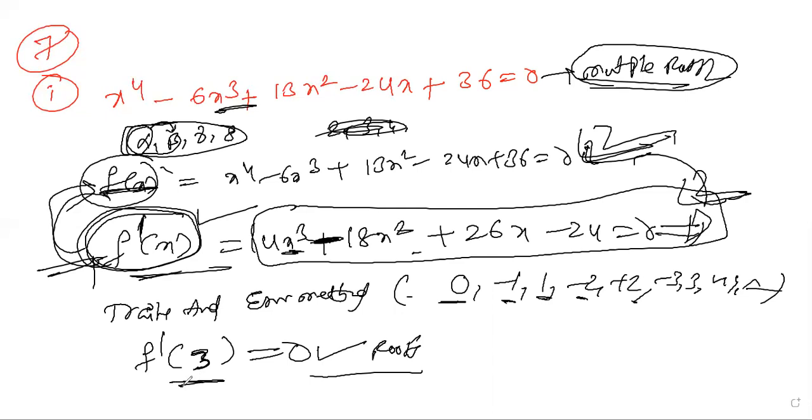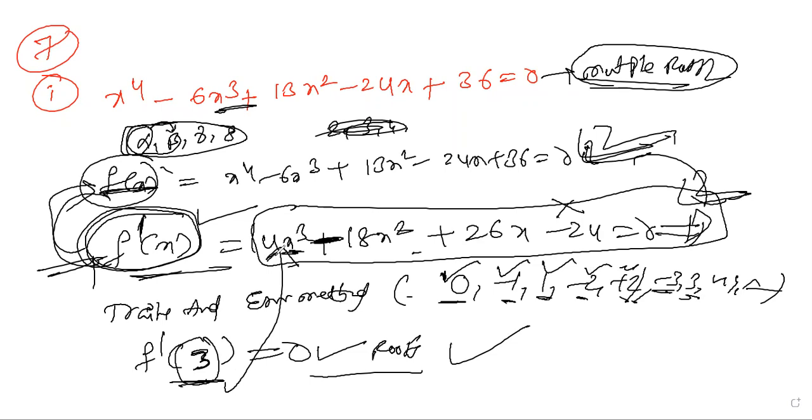So why I'm substituting directly, sir? It means I don't want to work it out. If you start working, being a student, 0, -1, 1, 2, -2, whatever value you substitute, this equation is not equal to 0. So these are not roots. Then -3 is not satisfied, 3 is satisfied. So I'll stop at 3 only. So 3 is a root for this equation.